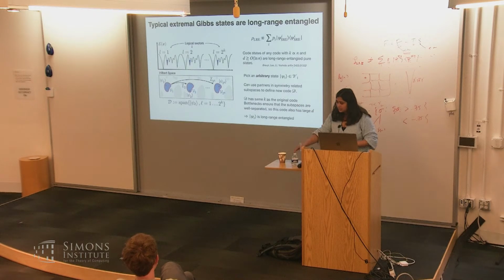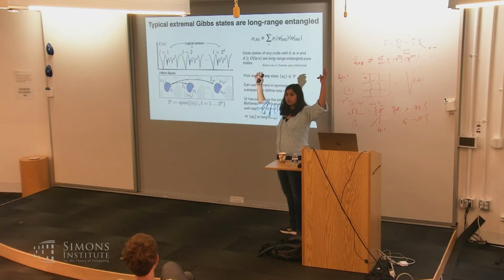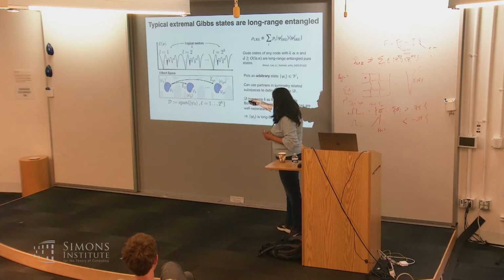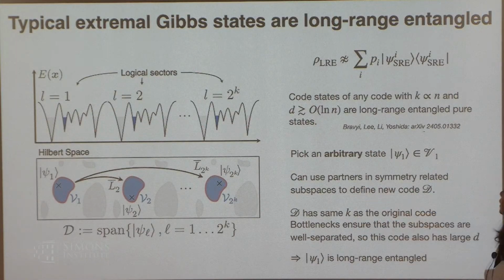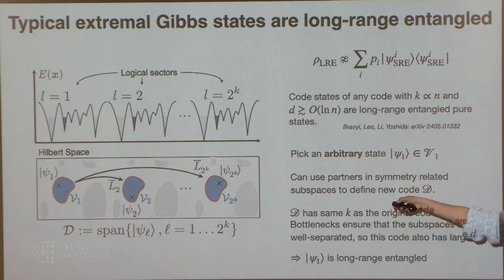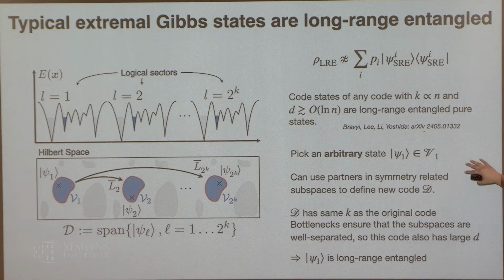Okay, so now, unlike the classical case where I could use all of my wells all together to define a classical code with a very large code rate, I can't encode quantum information that's shared between this well and this other well, because these two are distinguished by just making an energy measurement, which is local. Instead, you take a well and you take partners of it in all these symmetry-related subspaces, and you can show with, again, pretty simple algebra that an arbitrary state in this subspace has partner states in these different subspaces related by symmetries, which can be used to define a code.